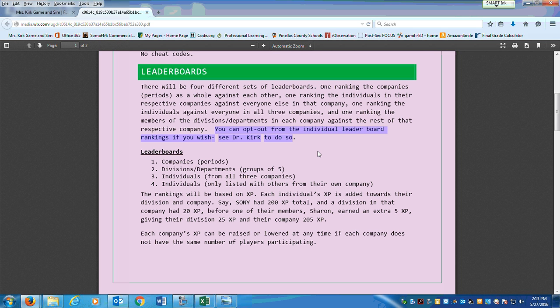So it is important to realize that these leaderboards aren't showing who has the top grade, it's just the top experience points. As I said, you can opt out at any time and we will remove your name from the leaderboard. If you wish to do that, please just let me know at any time.